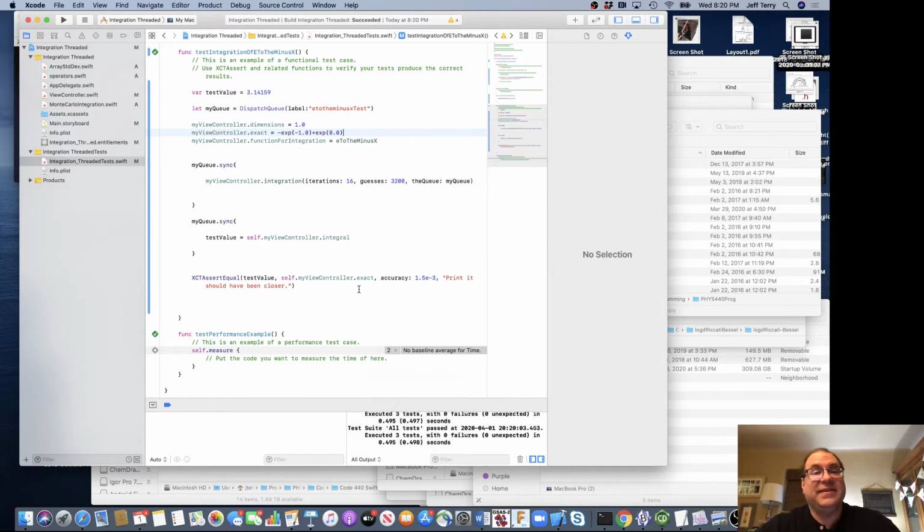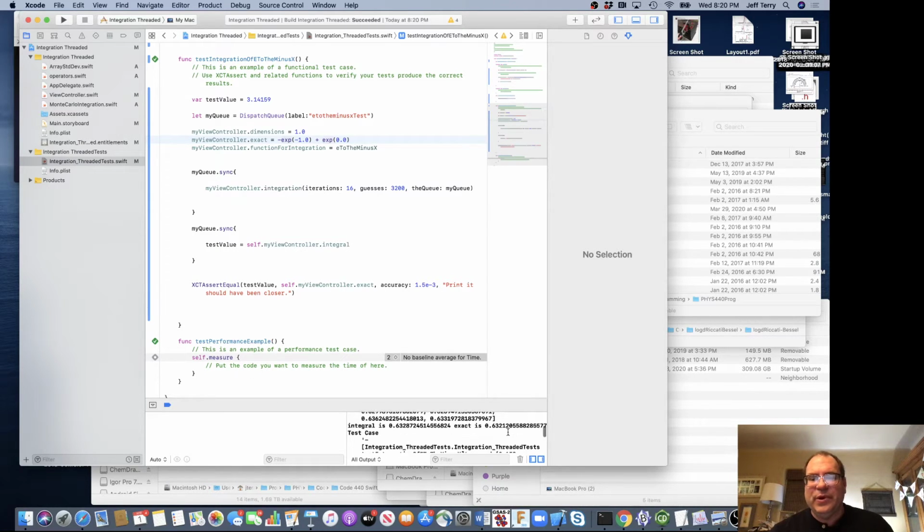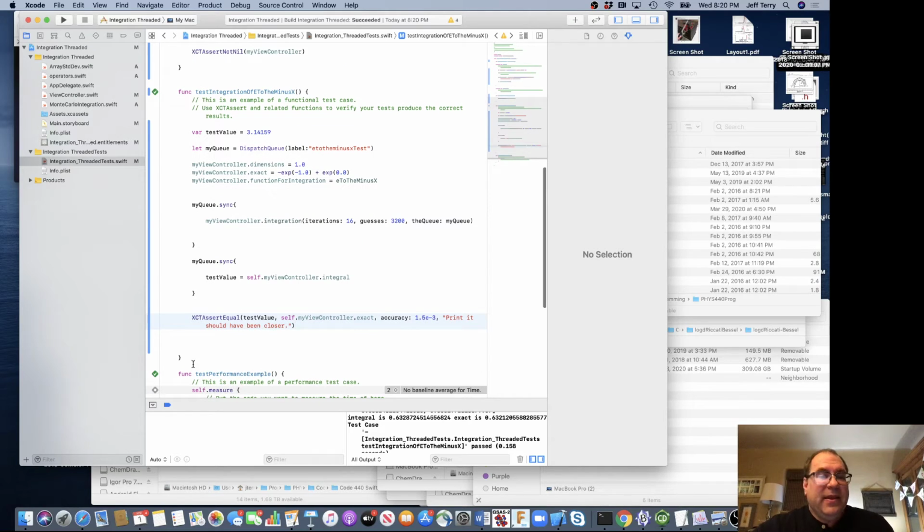There we go. So I must have typed that in wrong somehow. Not sure how I typed that in wrong, but now our tests are passing. Not sure what we did, but if we scroll back up into here, we will see 0.6328 is equivalent to 0.63212 within our error bounds. Okay, so now we have a functioning program with at least one functioning unit test, but we want to test